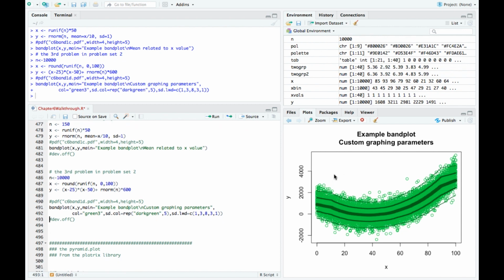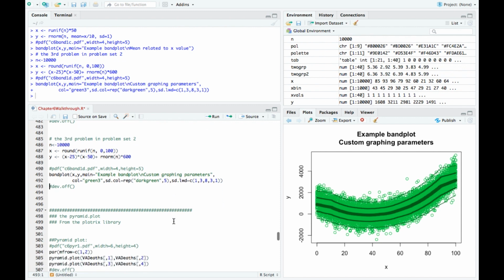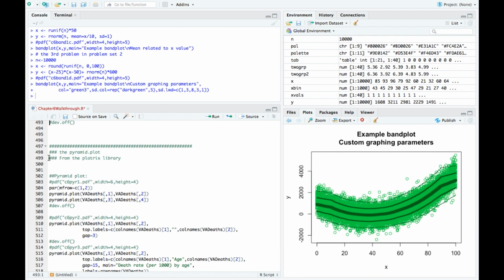Okay, so that's a band plot. It shows things as a band and plots sort of a smooth version of the mean and plus or minus standard deviations from it, which you can specify with different arguments. Okay, the next we have is the pyramid plot. This is out of the plotrix library, and we're going to look at the same